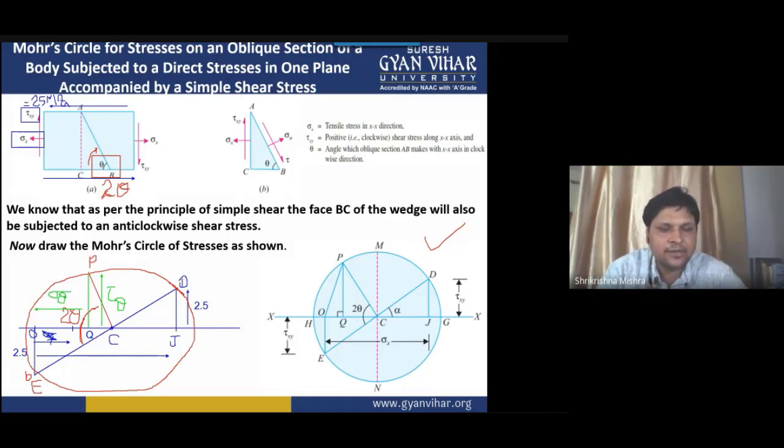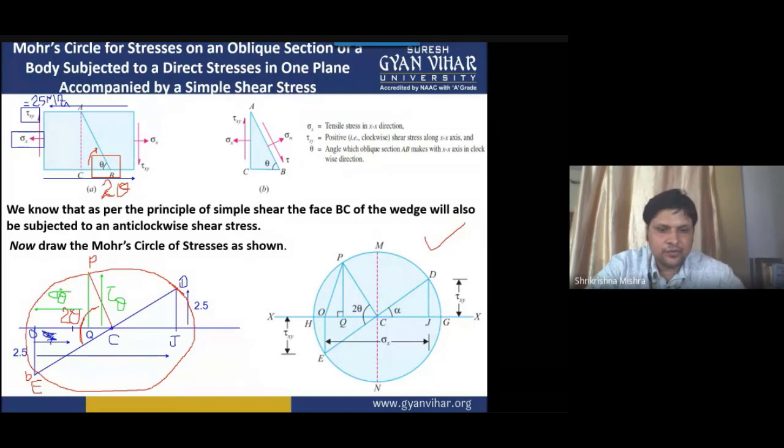It will come in centimeter, and then again you will convert it into megapascal by using that unit. For example, if you get the value equal to 5 centimeter, since 1 centimeter is equal to 10 megapascal, in that case you will multiply your 5 centimeter length by 10, then it will give you 50 megapascal, means your sigma theta will be equal to 50 megapascal.